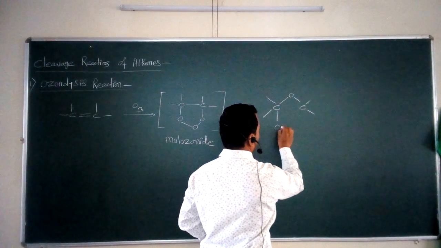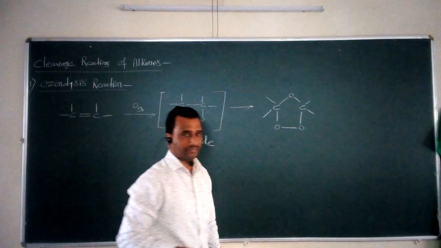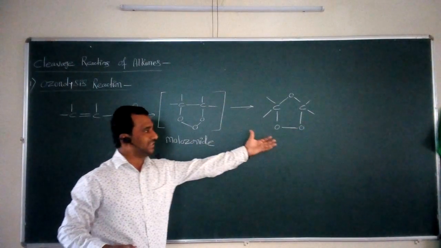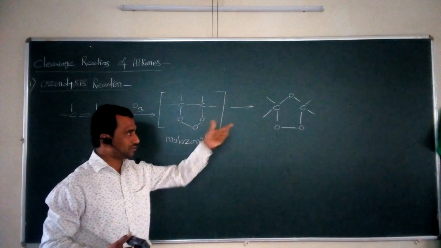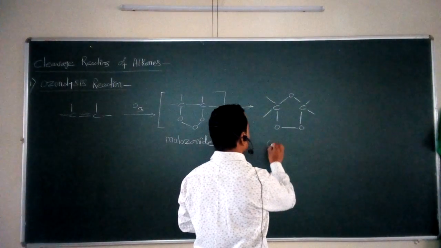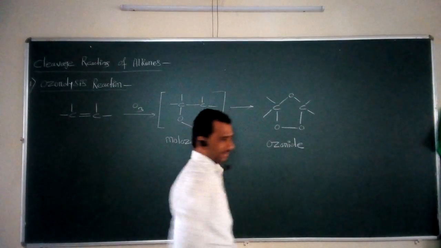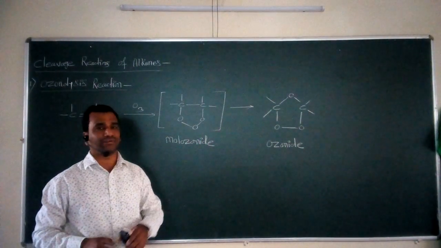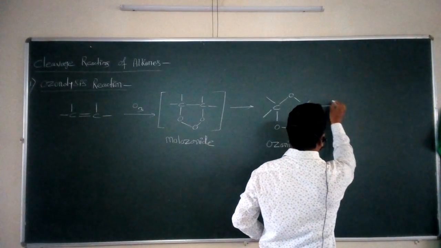So this type of stable species can be obtained from this molozonide. Now this species is called stable as compared to this molozonide. So this species is now called the ozonide. This is how ozonide formation takes place. After the formation of this ozonide, it can interact with zinc